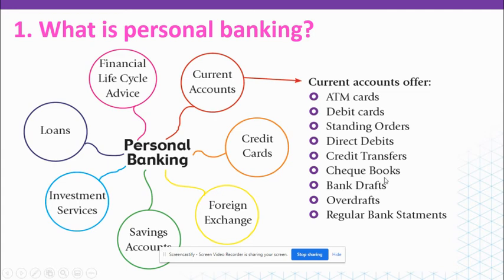Again, checkbooks then is a very old way of paying for things. If you have a current account in the bank, you can ask them for a checkbook, and then if you're paying for something, you can write a check. So you write the amount of money and you sign it and you give it to the person, and then that person will go into the bank and hand in the check, and then the money will be lodged into their account. Okay, bank drafts then as well is just sending money basically from one bank to another. So it's very similar.